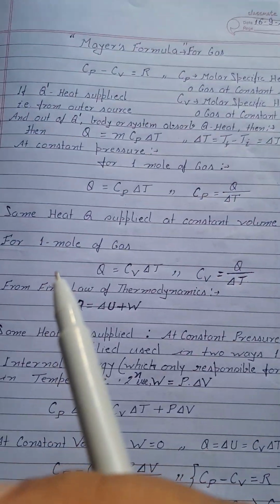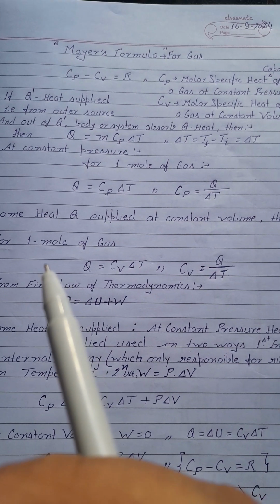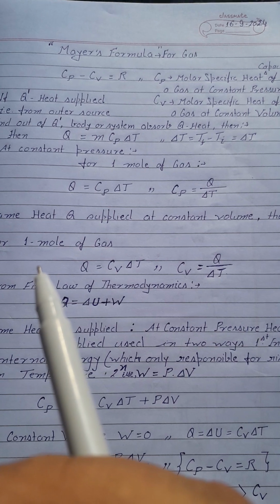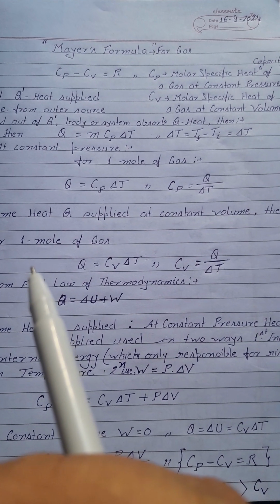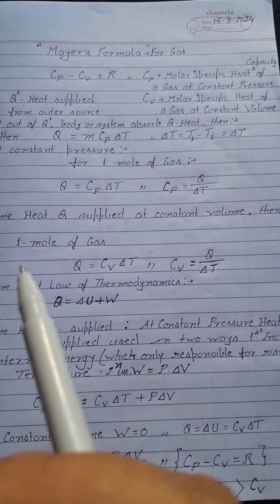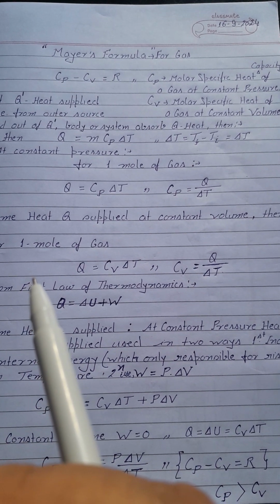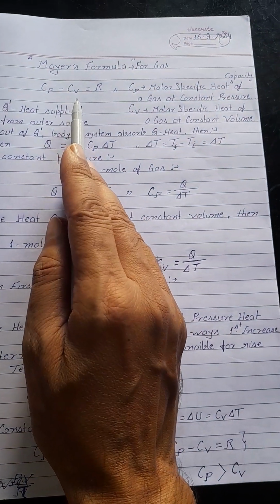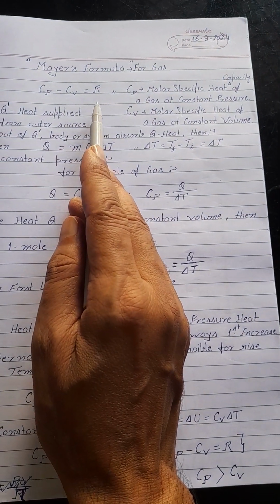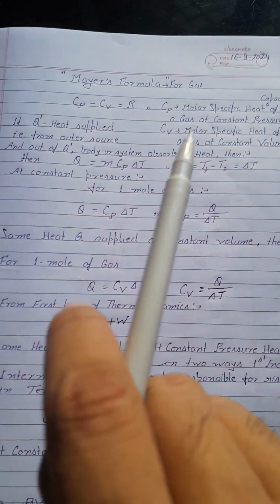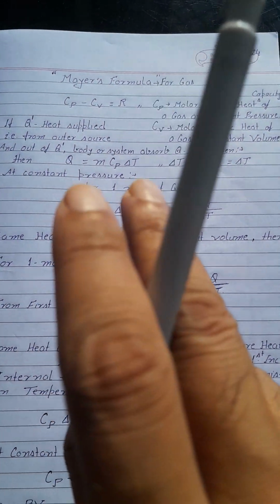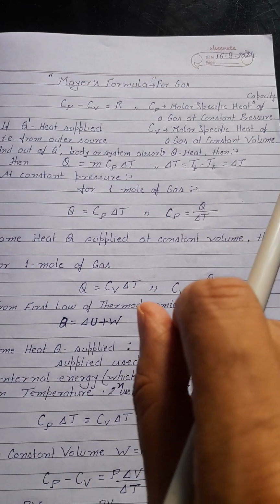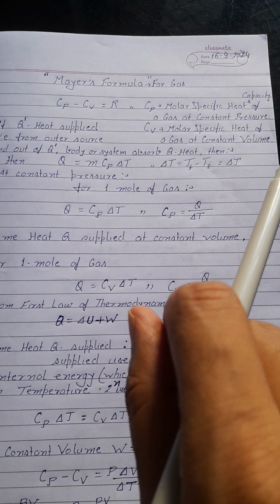Now, we are going to prove Cp minus Cv equal to R, where Cp is the specific heat capacity or specific heat at constant pressure, and Cv is the specific heat capacity at constant volume. R is the gas constant. So before proving Mayer's formula, two concepts we have to keep in our mind. First,